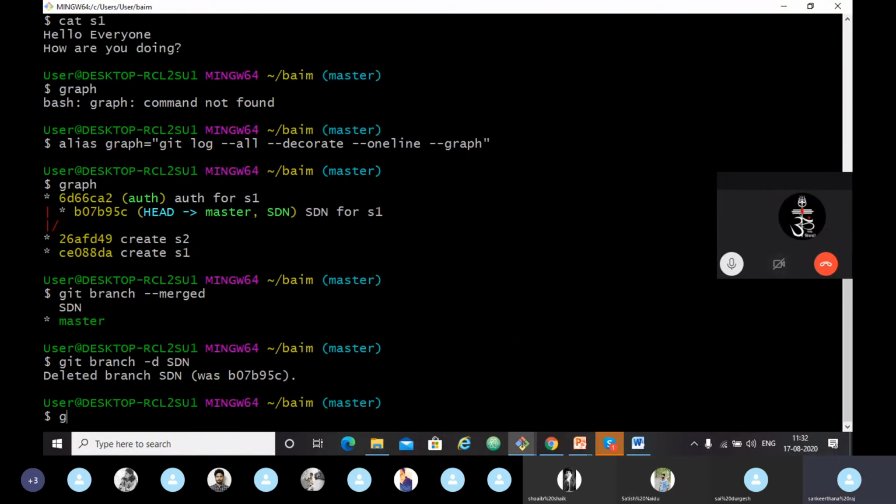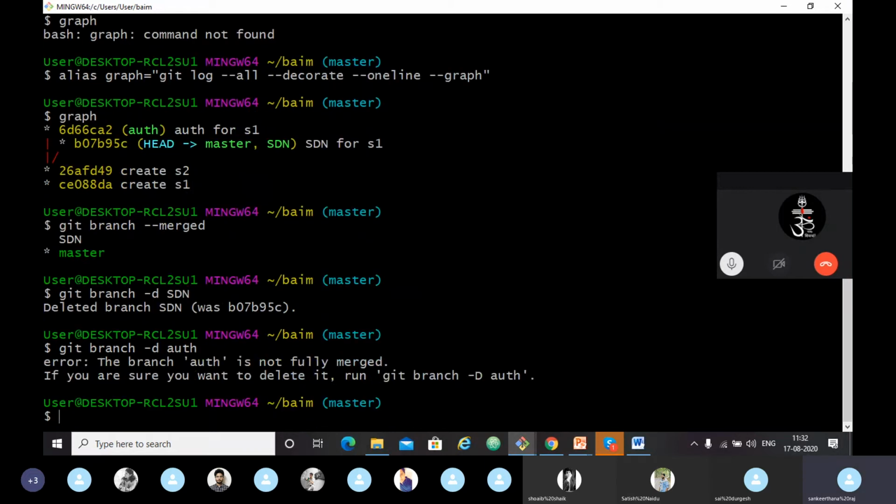Let's try deleting the auth branch. git branch -d auth. It shows an error. But if you want to delete it forcefully, you can use capital D here. But if you do that forcefully, you will lose all the data you have on the auth branch. So before that, we have to save them.